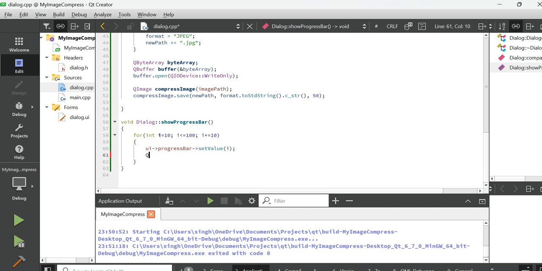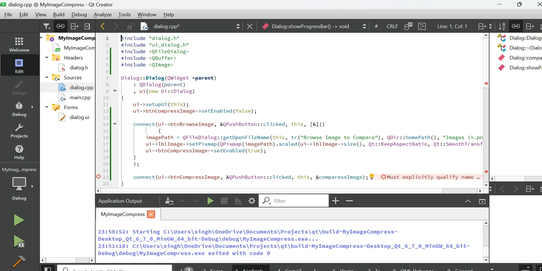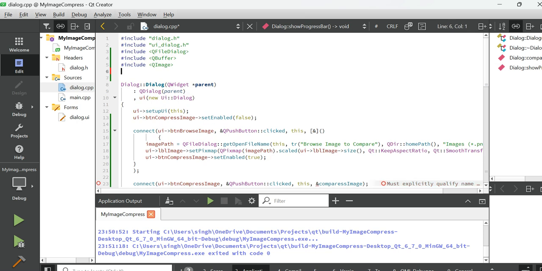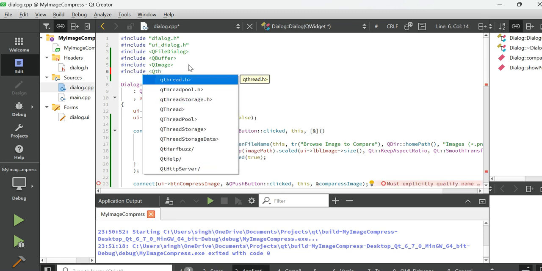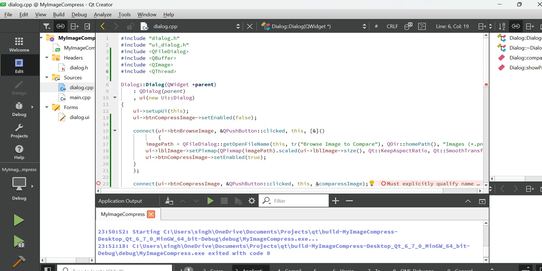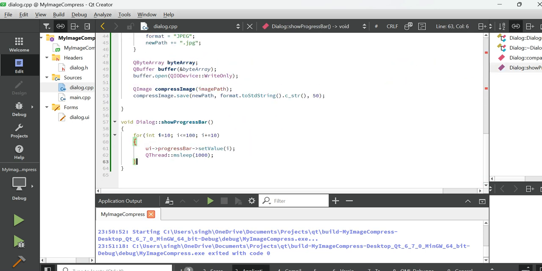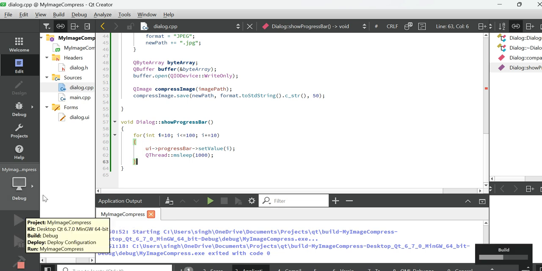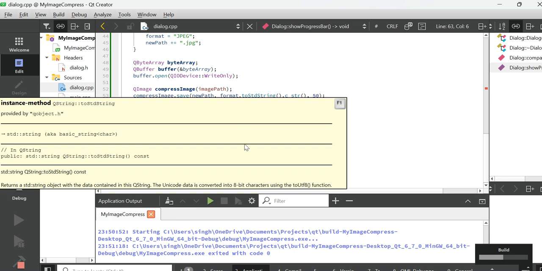Okay, QThread. I'm using QThread millisecond sleep, and this is 1000. I'm using QThread here, so I have to include the header file, QThread. I will save it. I hope I won't get this. I'm not getting the error now. Sorry, the warning. It was a warning. If I just run it again,